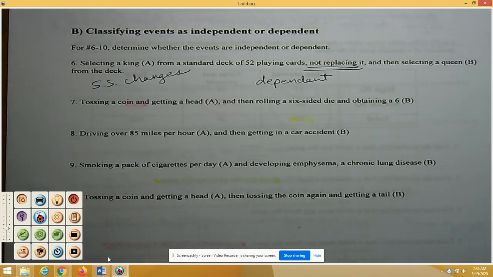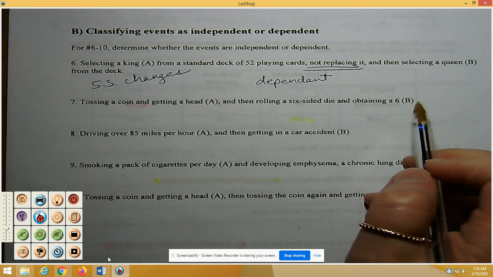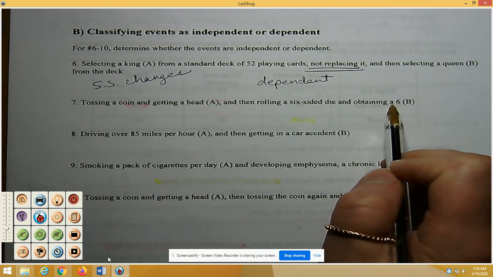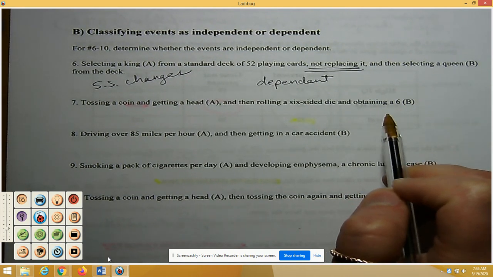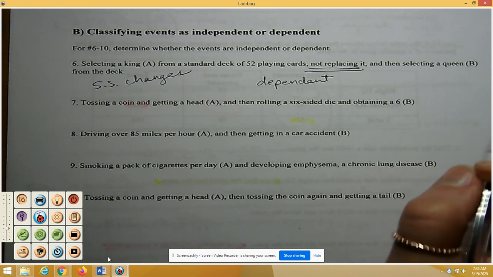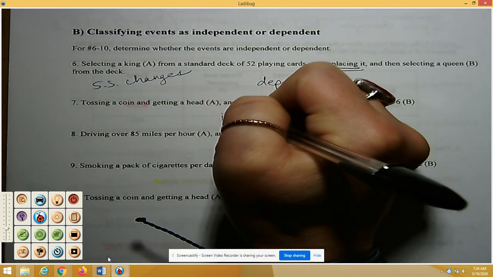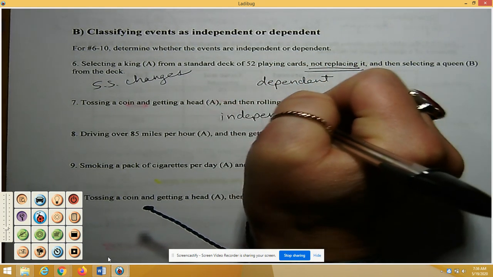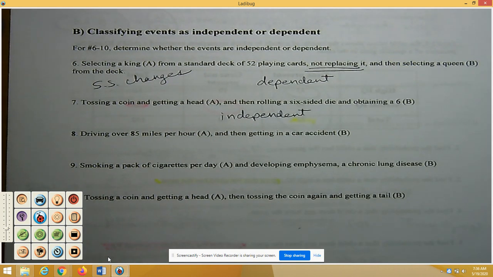Number 7, tossing a coin and getting a head, and then rolling a 6-sided die and obtaining a 6, event B. So A is getting a head and B is getting a 6. Well, guess what? The coin and the die have nothing to do with one another. They don't affect each other in any way, so these are independent events,